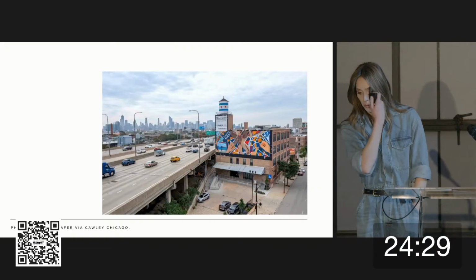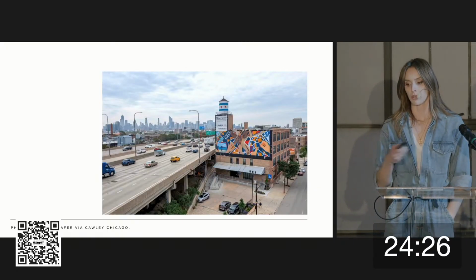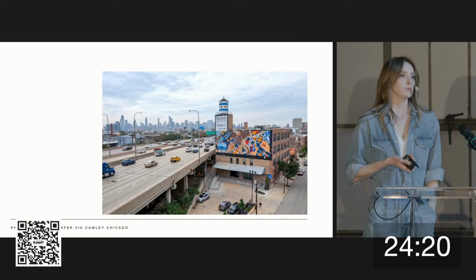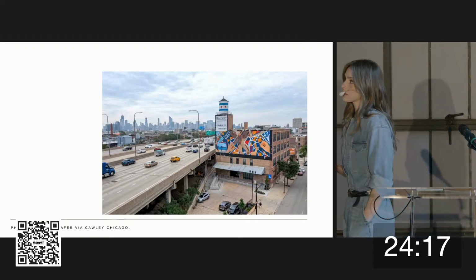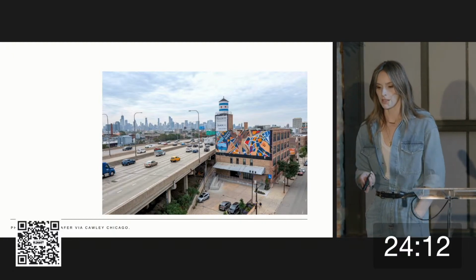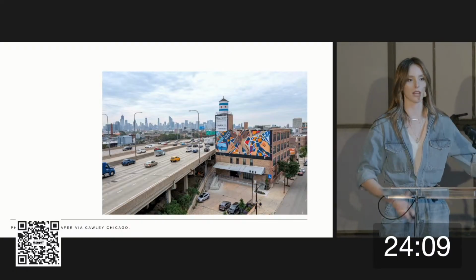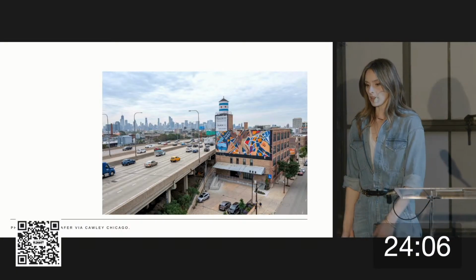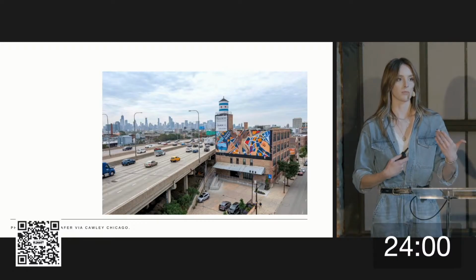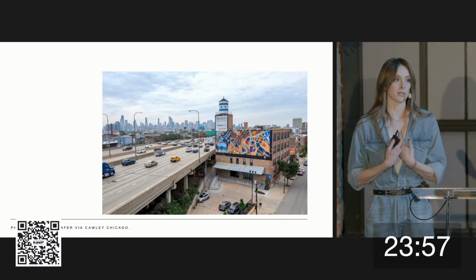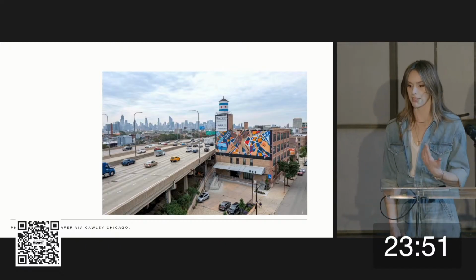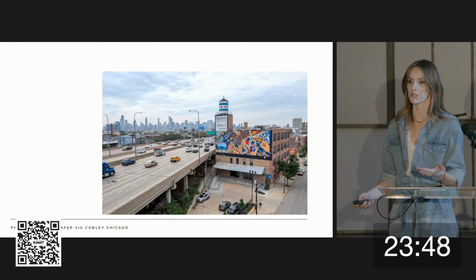Now this is an example of a drone shot taken for the commercial company who owns the building. Their goal is to lease their remaining space. This is a view that you could not see, because this is taken from a drone. The visibility from the highway and the proximity to Chicago is a marketable asset for them. But for our purposes, it directly opposes the feelings of safety and privacy. Instead, it makes the building feel exposed and therefore everyone else inside exposed.